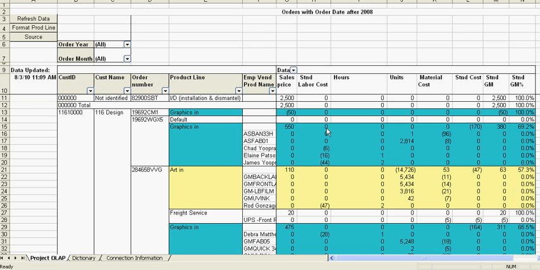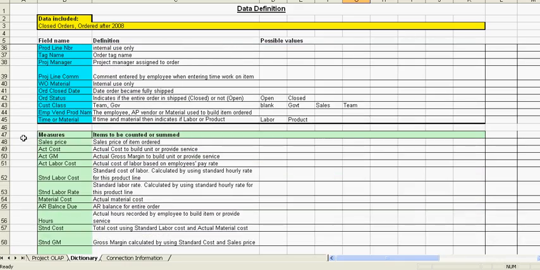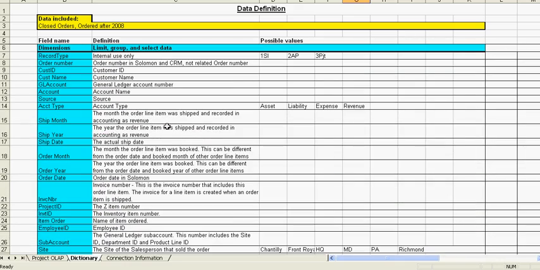What I did not show you in the first demo was the dictionary. So if I select that, we can see that the dictionary has definitions about the dimensions and the measures. Dimensions in an OLAP database are the things that you're going to use to select the data and to categorize it and display it. So if we go through here, we can see we have things like order number, customer